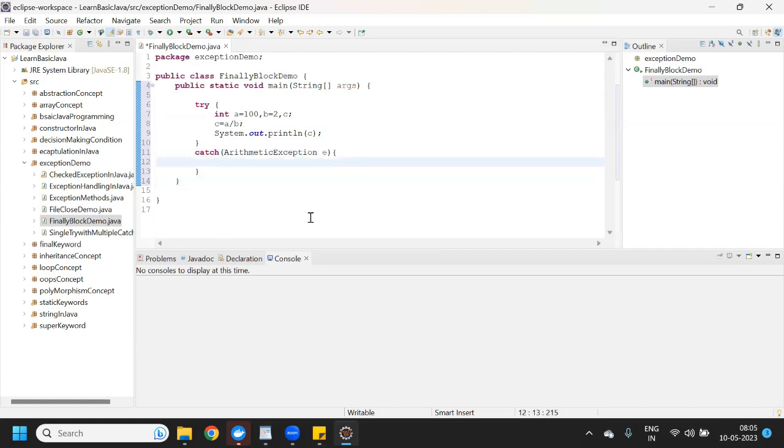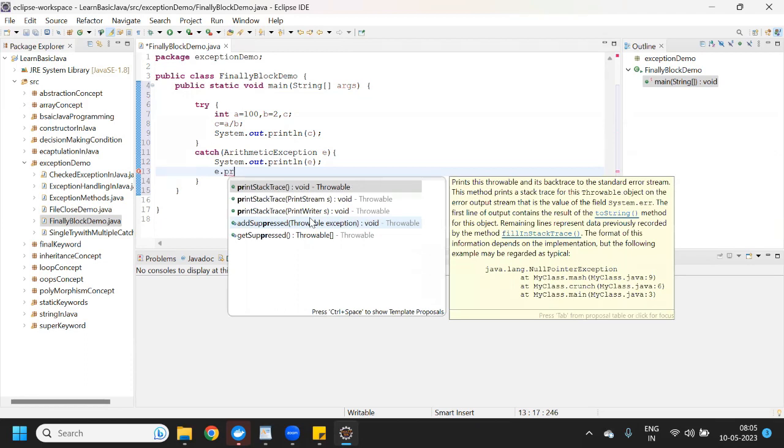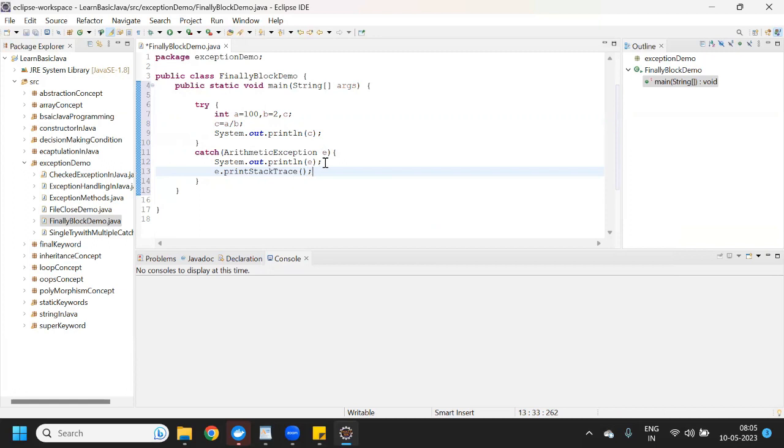Here we can print some message, you can use System.out.println(e), or you can use the e.printStackTrace() method. If you use this method, you can remove the other. It gives you three things: exception name, description, and stack trace, meaning the line number of the code where the exception is occurring.